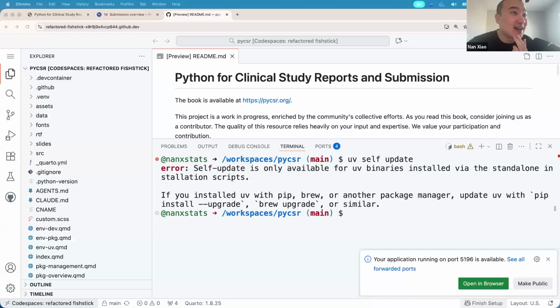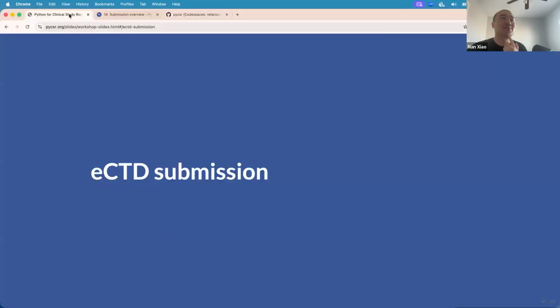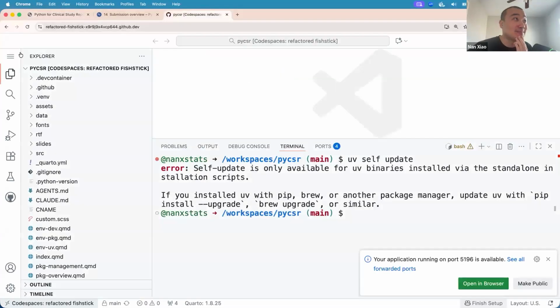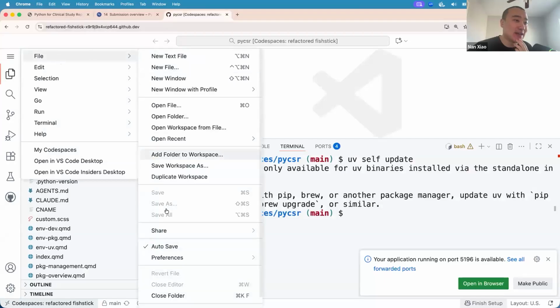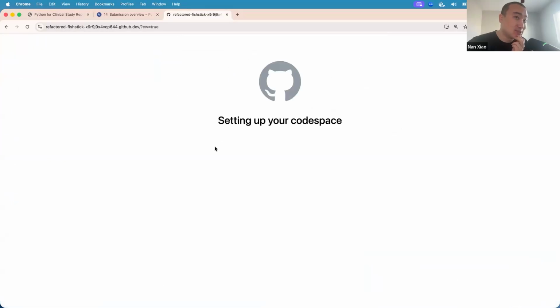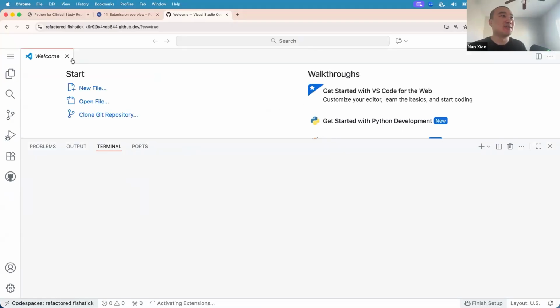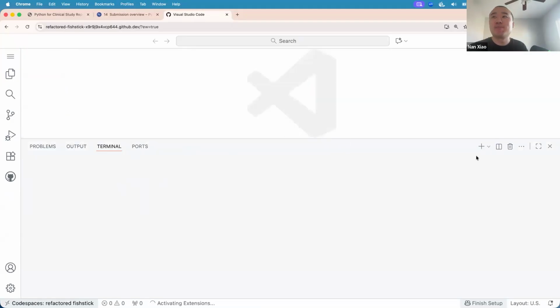Yeah, so with that, I can maybe share my screen just in case it's useful. Desktop 2. There we go. Okay, all right. So the next part is the submission, right? Let me close this project, file, close folder, to give us the default context instead of a project context. Let's see, can we open a terminal?